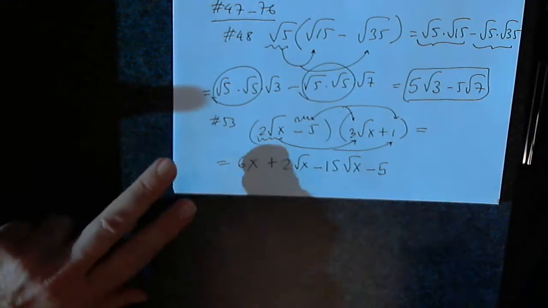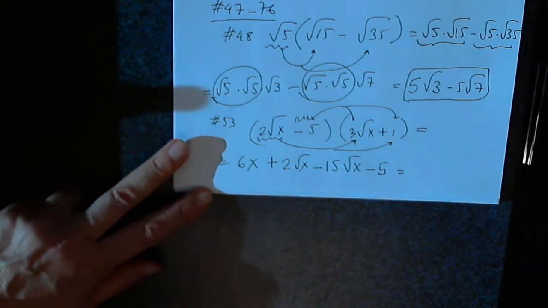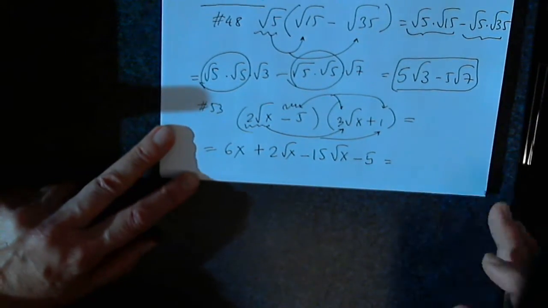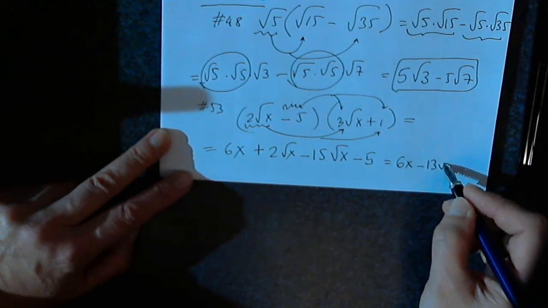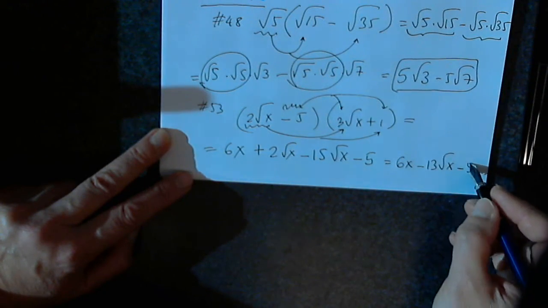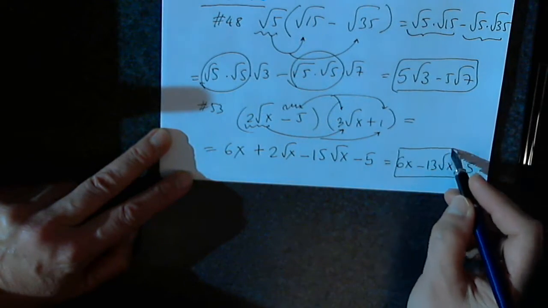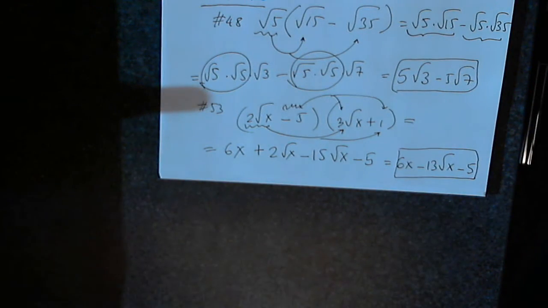What will you tell me to write as the final simplified form? And no one can do any further. 6x minus 13 times the square root of x. What is that? Minus 5. I could not have said it better. Thank you very much. If you have questions,